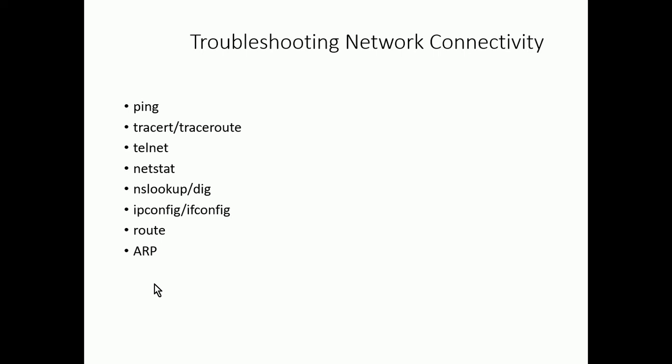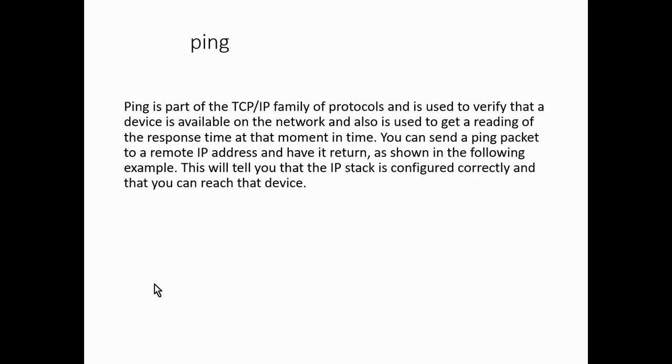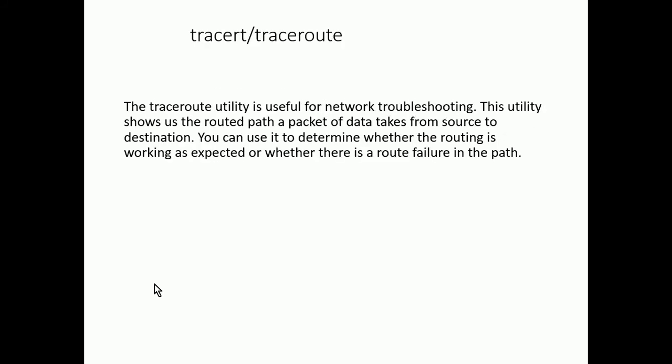So as far as troubleshooting network connectivity, there are lots of tools in our toolbox that we can use to do that. And this slide shows you some of them. I'll talk about them though. So ping is a tool, obviously, that we can use. I think most of you are familiar with ping, but I'll talk about it just in case. It's a tool you can use to check to see if you can connect to another computer on a network. So you use the ping command, you put in the IP address you're trying to reach, and it tells you whether the destination is reachable or not.